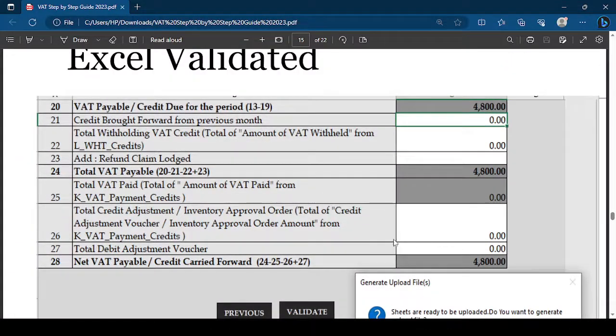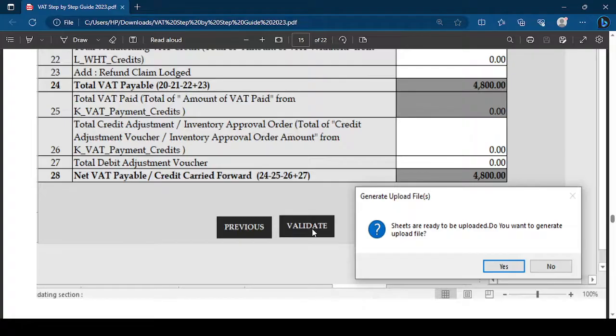That will give you the amount of tax that you're supposed to pay, the net VAT payable. You have to click to validate this document. Then there will be a prompt which says sheets are ready to be uploaded. Do you want to generate an upload? You click yes, and then allow it to generate that upload file.